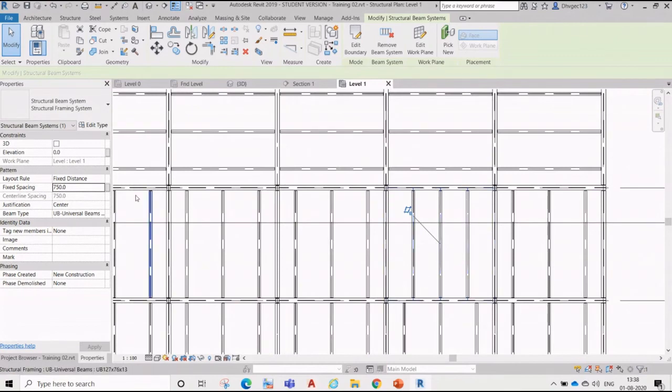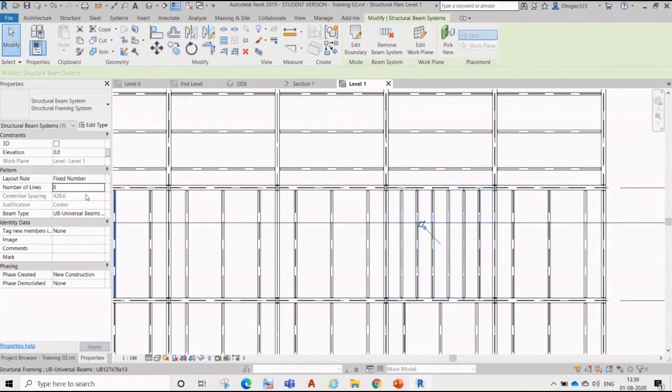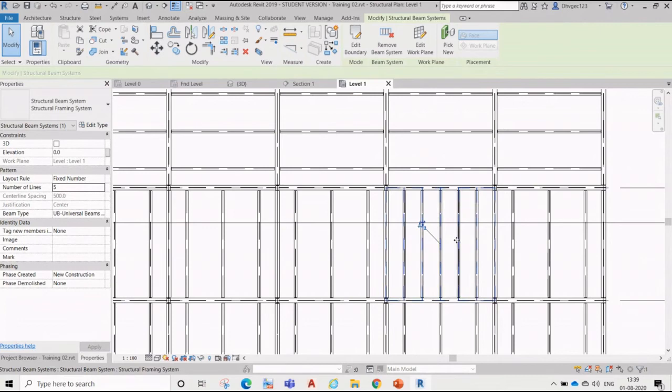Like I have selected this one, and just fixed length number. I want to put the fixed length, fixed number, or maximum spacing. Whatever criteria I want to put, I can put over here. Like if I say fixed number 6, so automatically 6. If I put here 4, 5, it will automatically adjust the spacing.